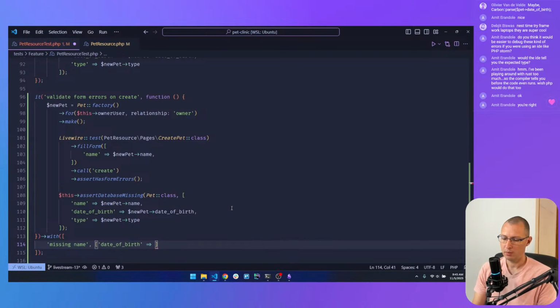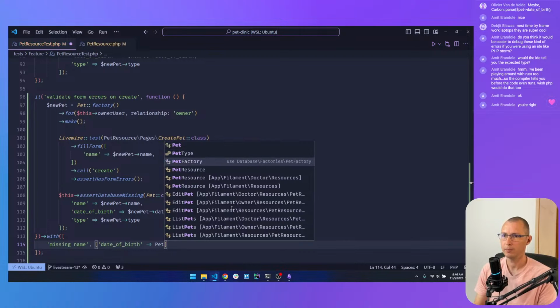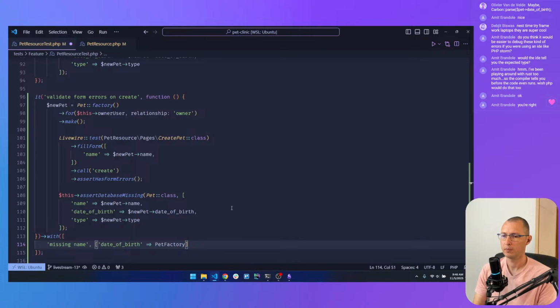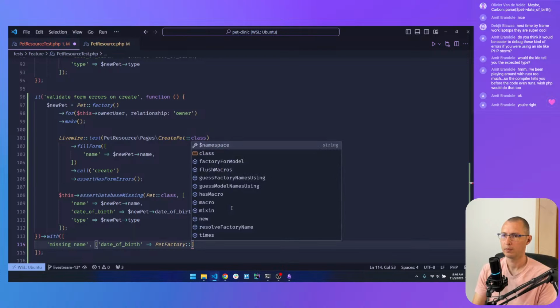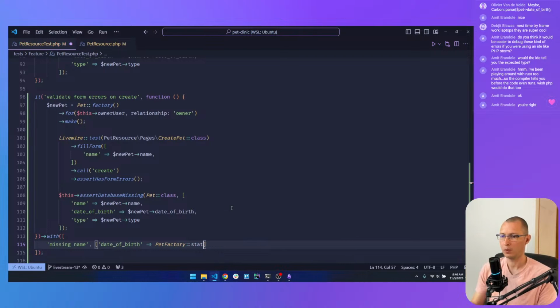Let's try this. Pet factory. Factory. Then we use state and then set name. And let's just null that out.